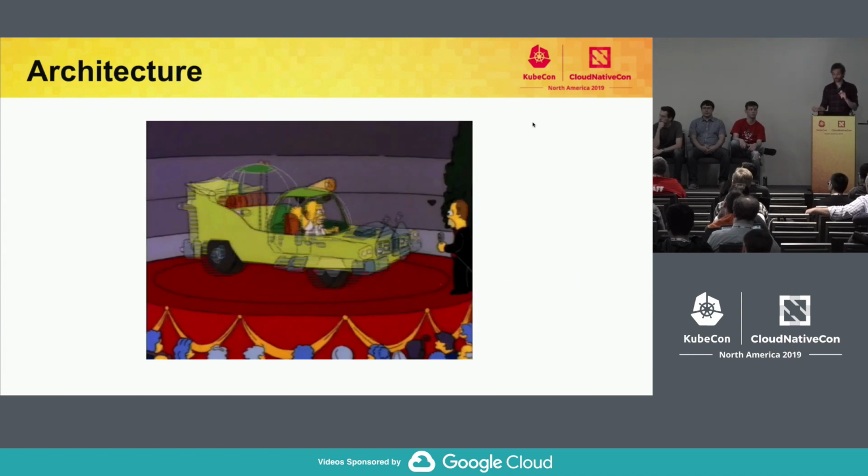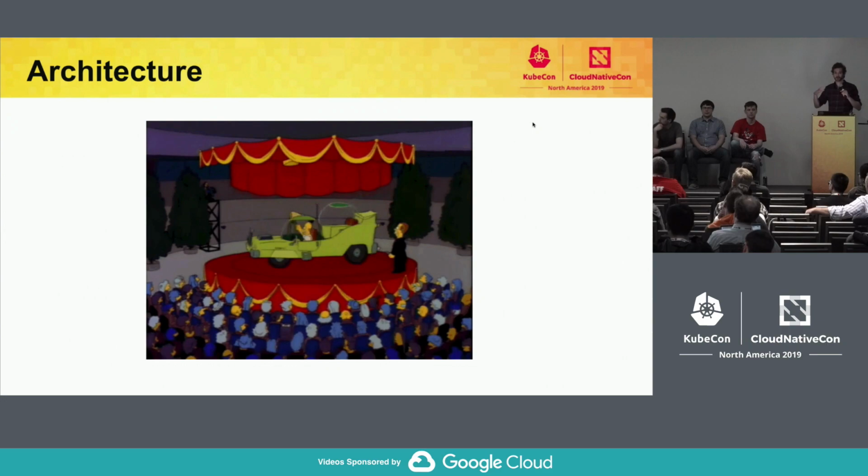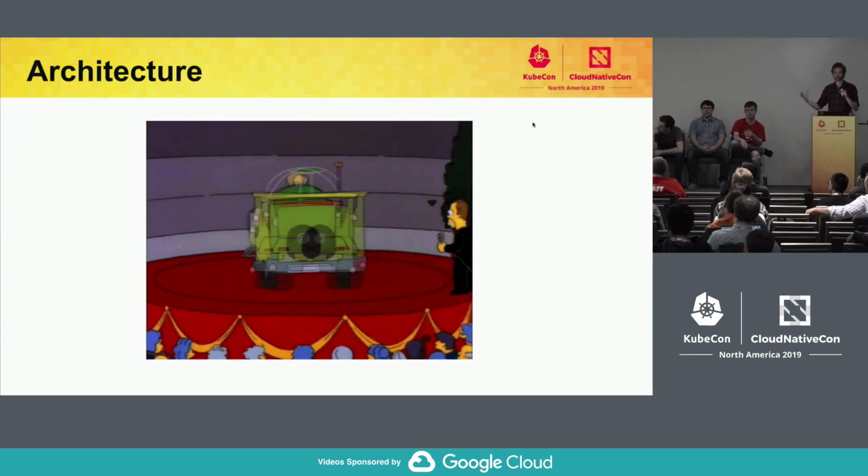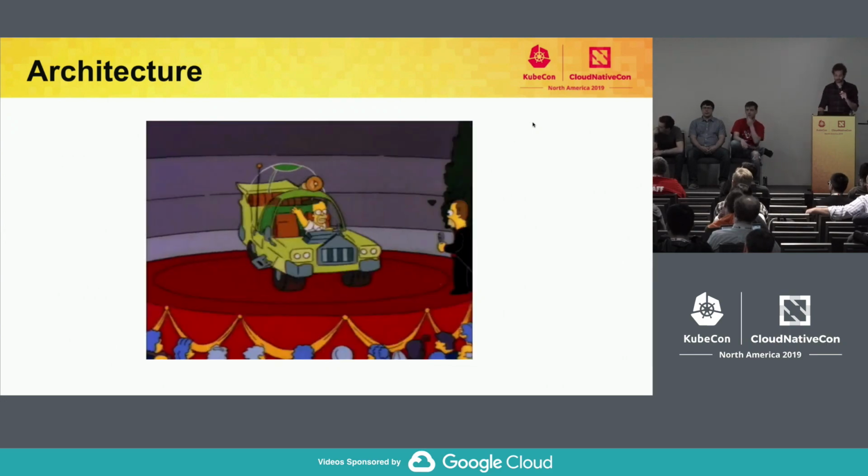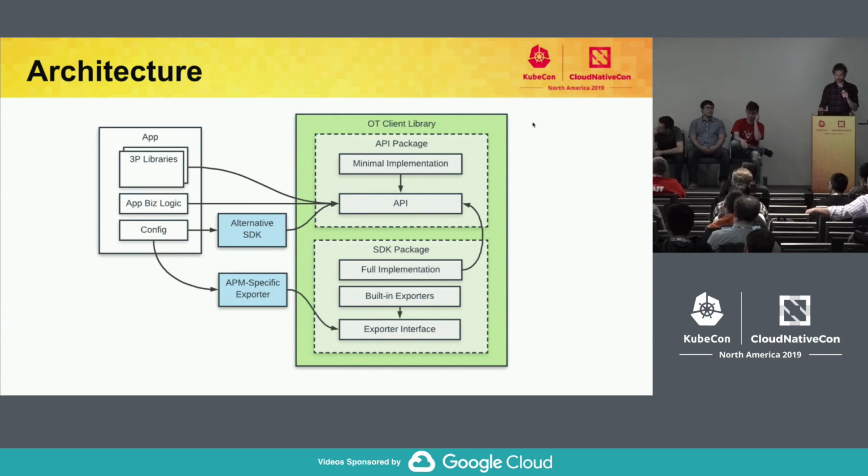Okay, so now I'm going to talk about how the components are split up in the library, and we're going to talk through the 5 components that Morgan mentioned at the beginning. I know this is kind of a slide full, but hopefully you can see the important thing here is that the OpenTelemetry client libraries are split into separate API and SDK packages, and that those have different audiences and different